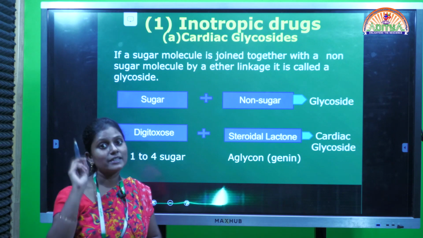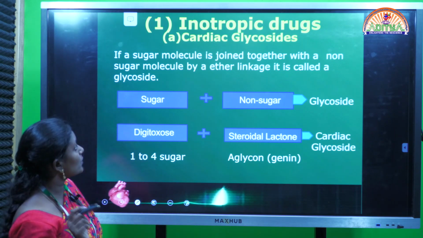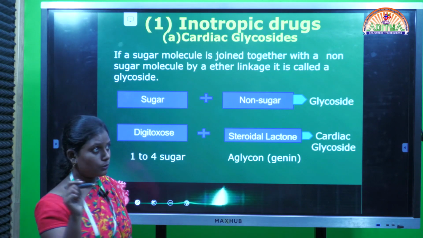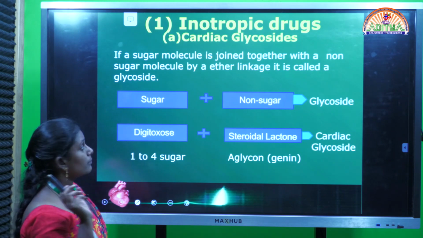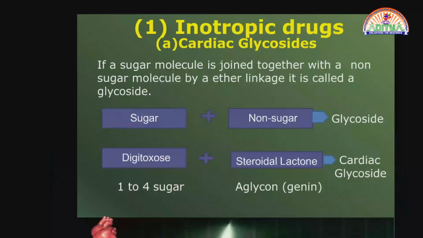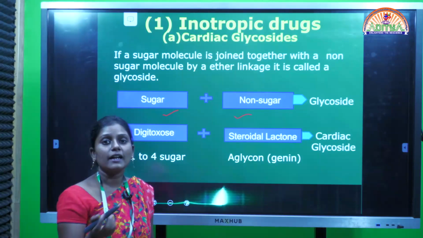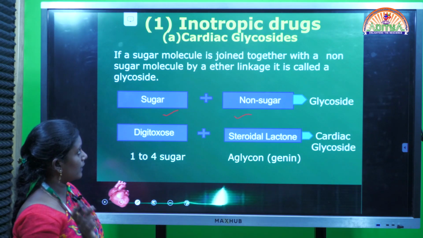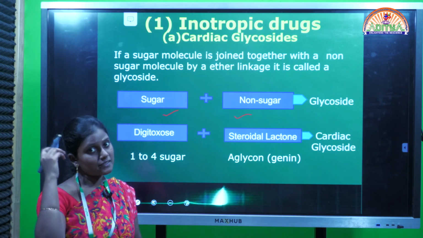Already I told you these will increase the contractility of a heart muscle, right? For example, cardiac glycosides. The main important drug is digoxin, I have already told you. First, knowing about the mechanism, we need to be very clear about the glycoside. Combining a sugar with a non-sugar, you will get a glycoside, we know that. In place of sugar you can take digitoxose, for example. The non-sugar means a steroidal lactone, combining both of these two will give a cardiac glycoside.